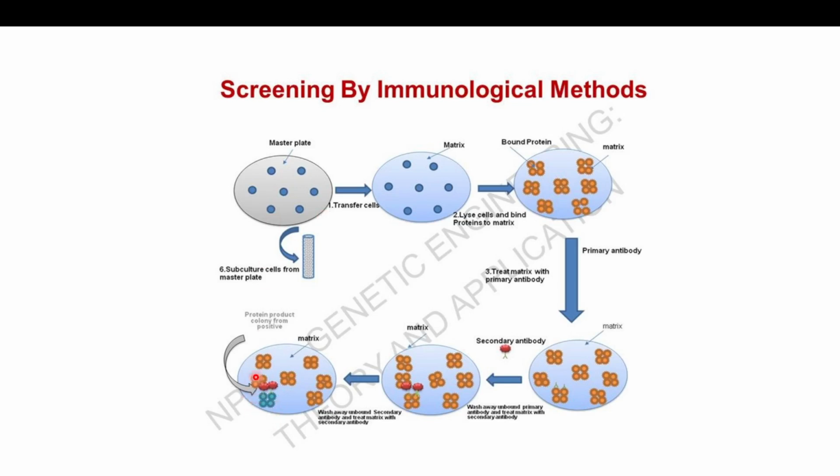So you know the position of this particular colony which is positive for your biomolecule of interest, which is expressing your protein of interest or having the genetic sequence of your interest. Then you just pick it up. Suppose this is the colony here. You just pick it up and then use it for further processes for culturing and then plasmid isolation. Okay,